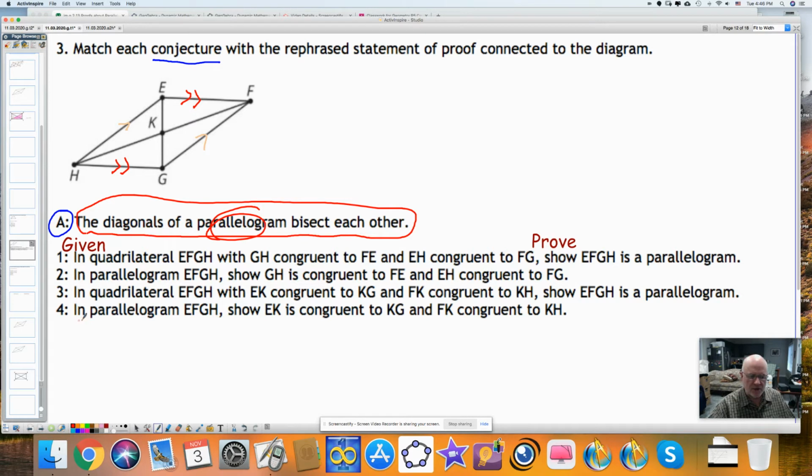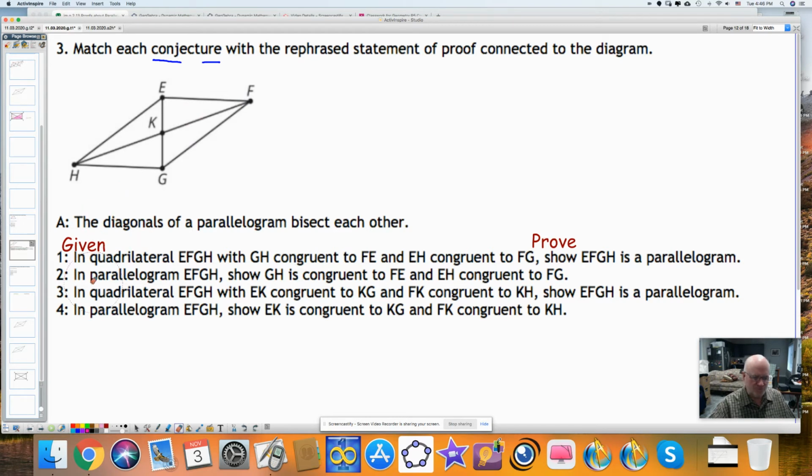So if you're given a parallelogram, show or prove that EK is congruent to GK and HK is congruent to FK. That's what you're trying to prove, that last part. So this actually is a statement of the last one. The third statement is what, do they call this? The